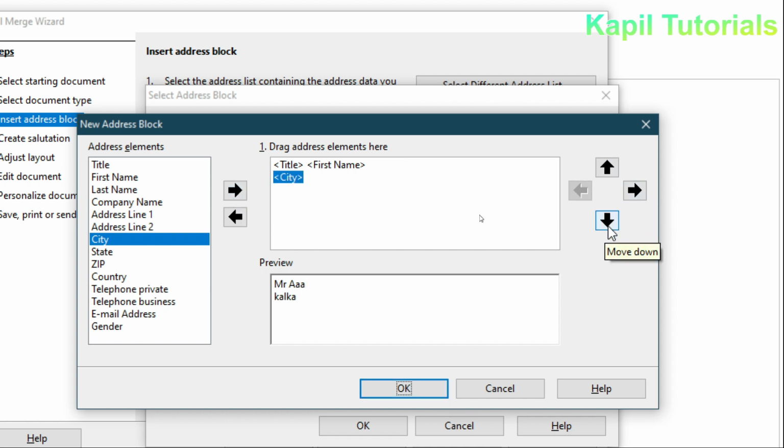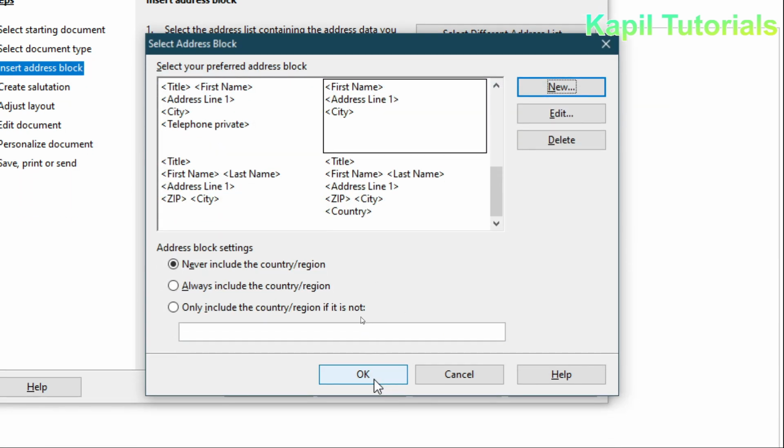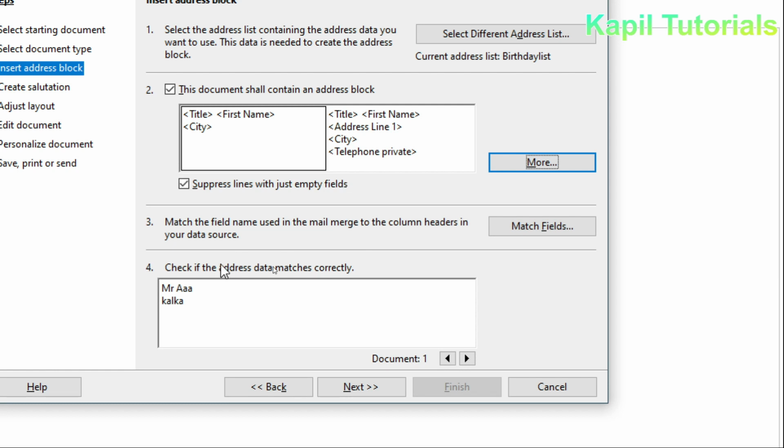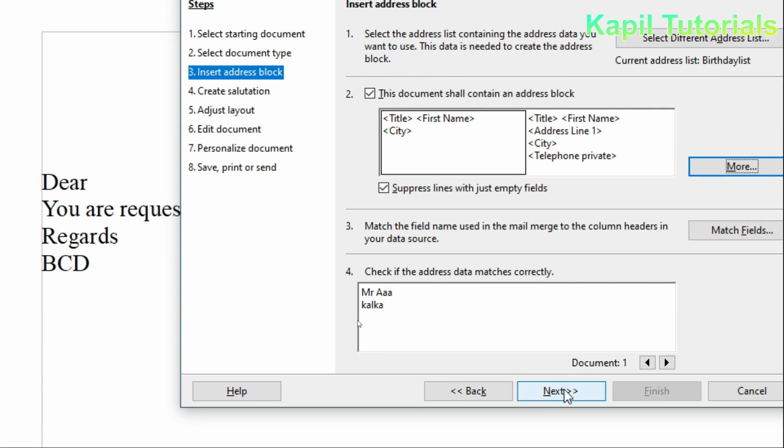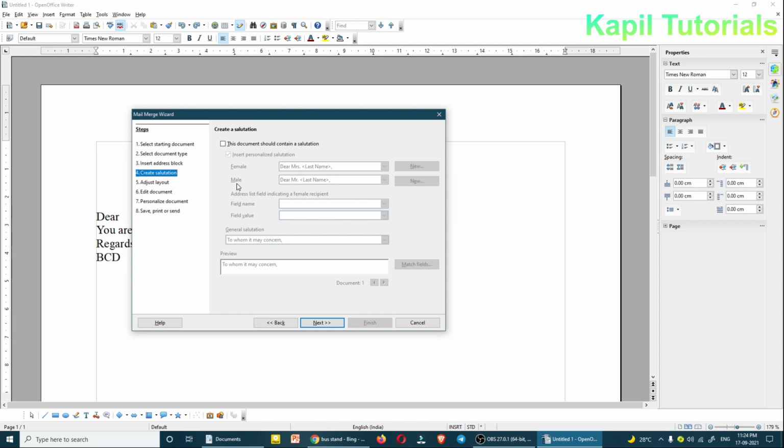So I hope this is clear. How can we design the field names according to our need from the particular table? I'll click upon OK. After OK, again I'll click upon OK. So it is showing me according to my need what I was wanting, and I click upon next. So just now as earlier, I'll just leave salutation. This is to put just dear or Mrs., like the example is given for male and female. So just now I'll leave this. Click upon next.